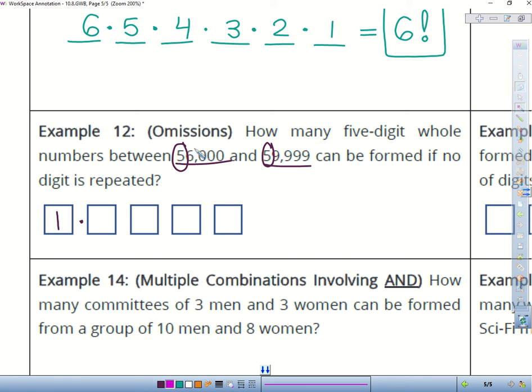Now as for the second digit, if it's between 6 and 9, it could be a 6, it could be a 7, it could be an 8, or it could be a 9, correct? So there are 4 choices. Now for the next one, it can be anywhere from 0 to 9, so that's 10 digits, except there's one problem. How many digits have we already used? 2. So it's actually 8. For the next one, same idea, it can be anything, but we've already used how many digits? 3. So it's 7. And then lastly, it's the same idea, it's just 6. So that's